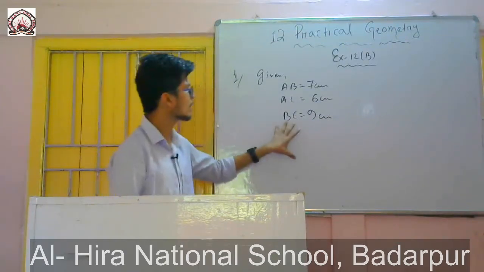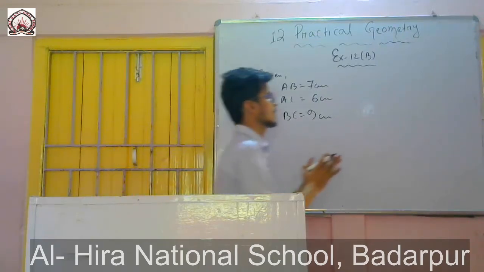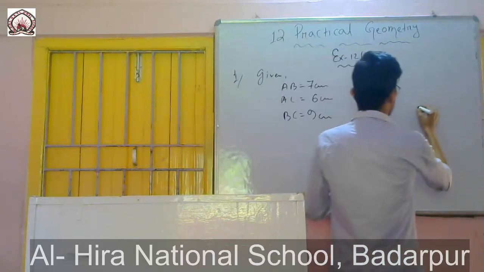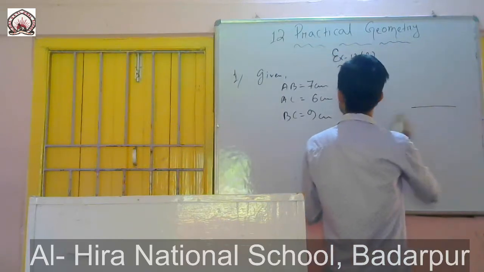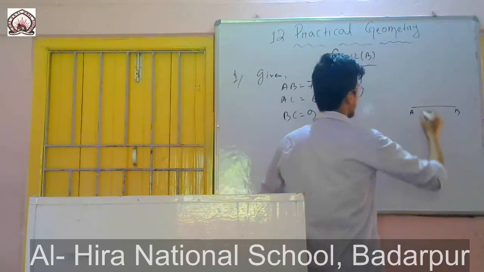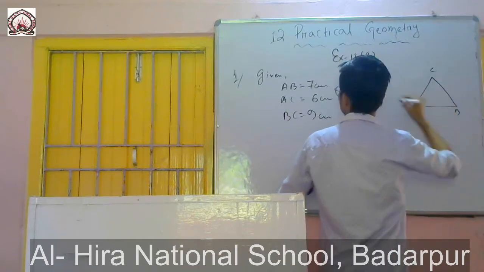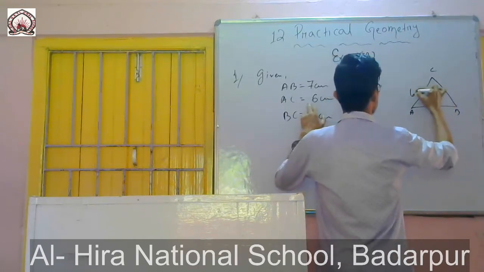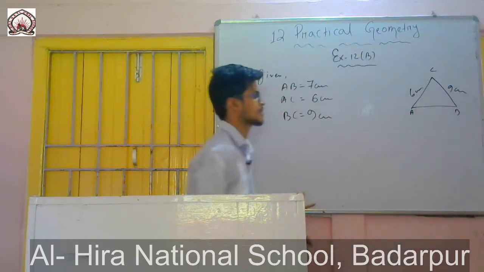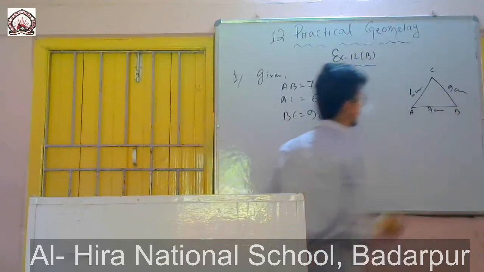Whenever you are going to draw a triangle, first of all draw a rough figure so that you can understand what you are to draw and how you are to draw it. First I will draw a triangle, just for example, with the base as AB. This one is rough. Somewhere there will be C. AC is given as 6 centimeters and this side as 9 centimeters. Now you can easily construct the triangle by seeing this rough figure.